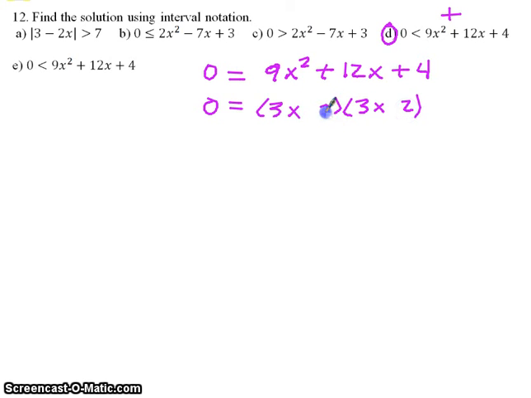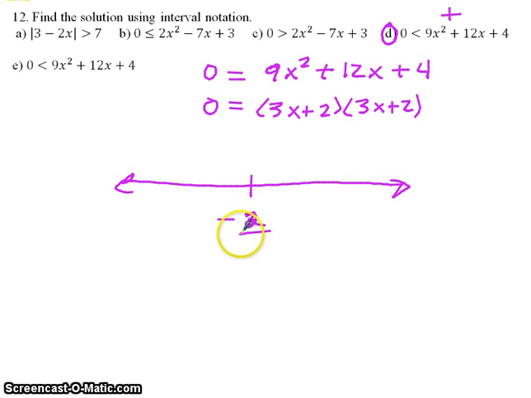So we have two of the same exact binomials. And so that means that here we have a situation that gives us negative 2 over 3 for the only point that would give us 0. So negative 2 over 3 is our testing point,